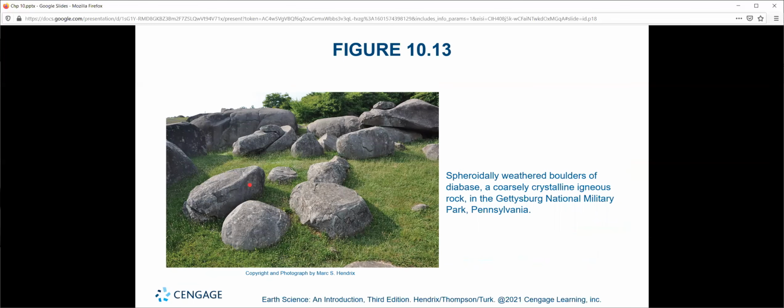And I talked about this already with the beach, spheroidal weathering. Here we have some diabase that has been eroded out at Gettysburg, right? It's round because, again, you can imagine the sediment essentially working like a very slow sandpaper. It keeps hitting it slowly, but it's not hitting it strong enough to break off large pieces. It's just hitting it enough to round a corner. If you want to sand a nice smooth edge in something, you just slowly work it over time, right? If you want a sharp edge, you need to pull out the Dremel and do some cutting. That's the difference we're talking about here.